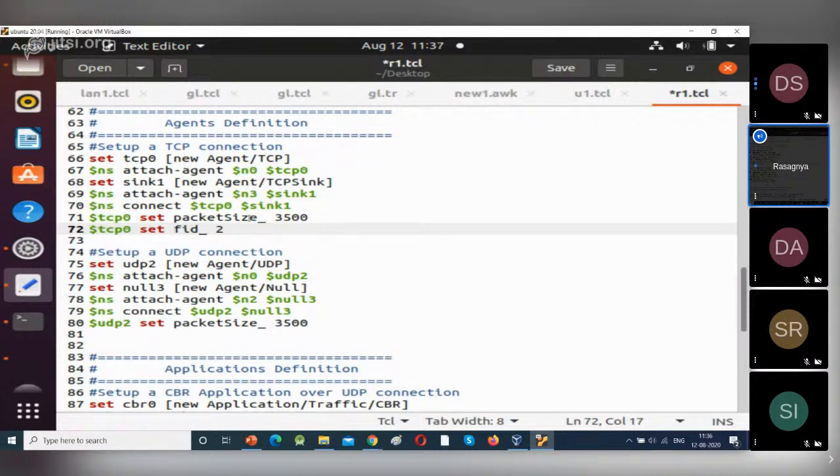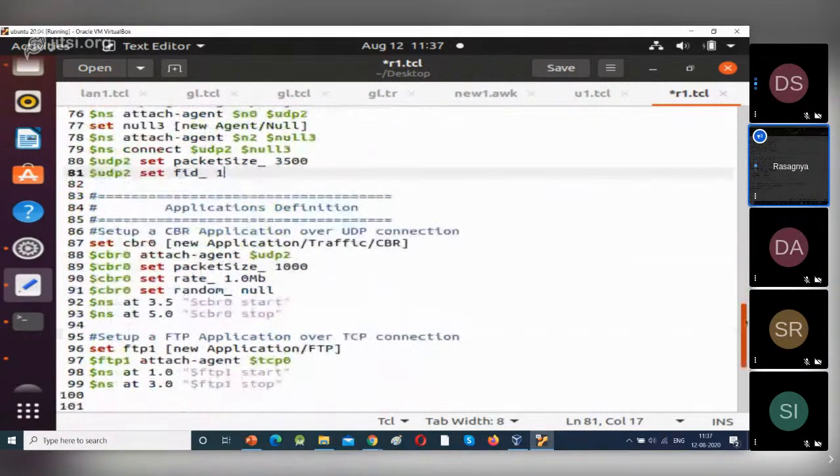So blue color will be assigned for TCP data flow because 2 is blue color. We have assigned the 2 as blue color. Next, for UDP, agent name is UDP2. So give $udp2 set fid_ 1. So green color will be assigned for UDP data flow.